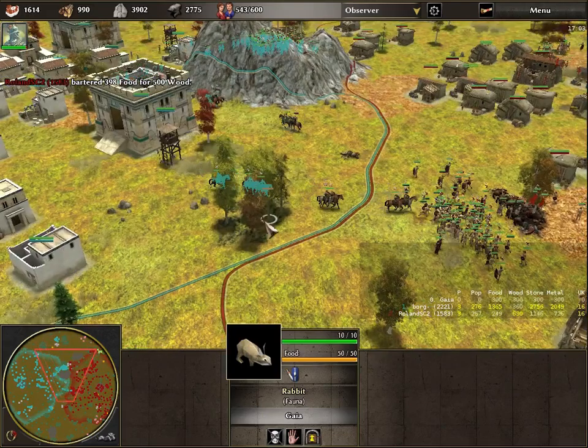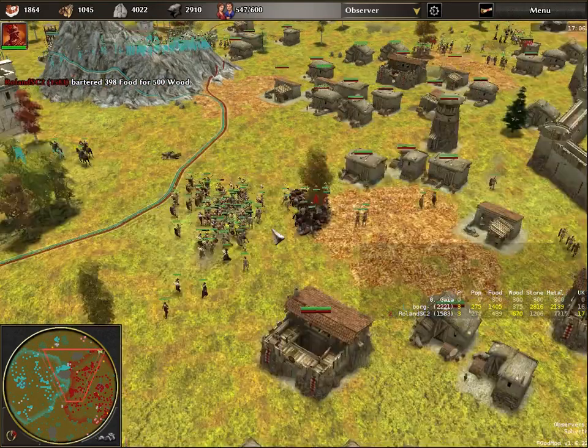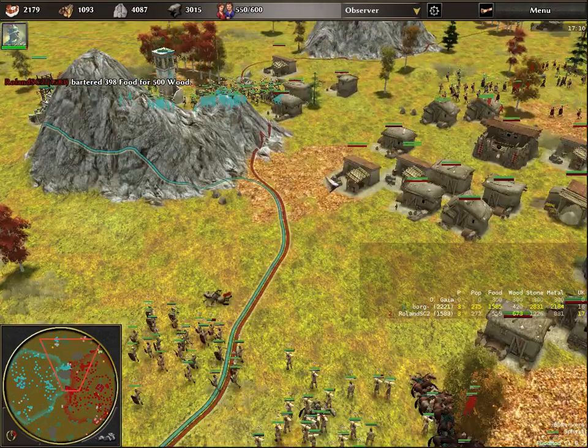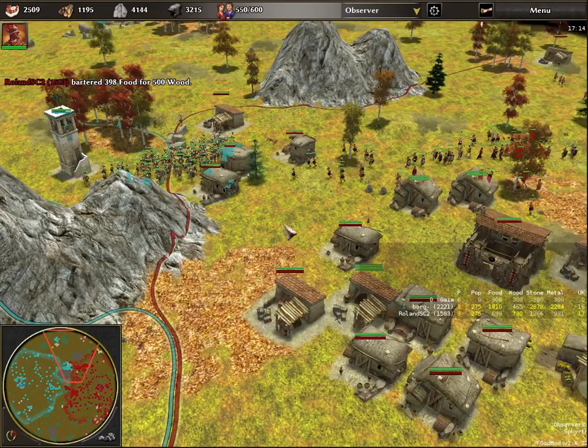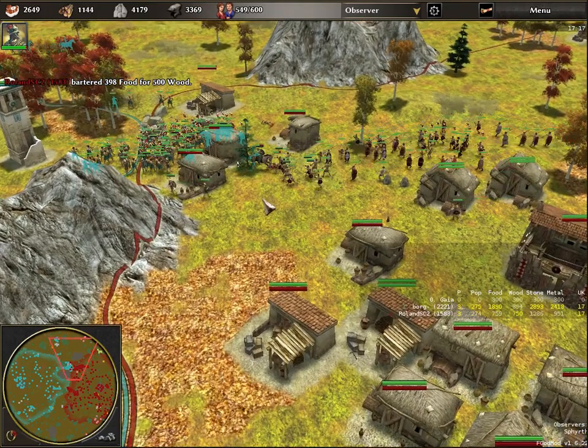But this is a 2-on-2 and I'm lagging. A 2-on-2 population, I'm already lagging. This is not good. A lot of movement. We need to reduce the number of units. This is going to be an engagement. Okay, so this is